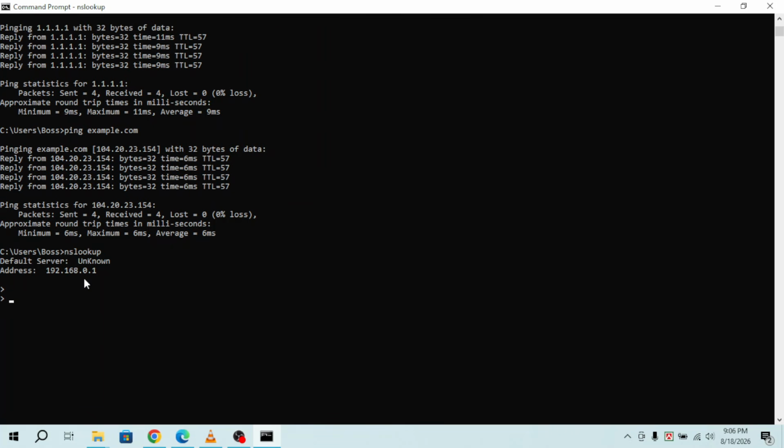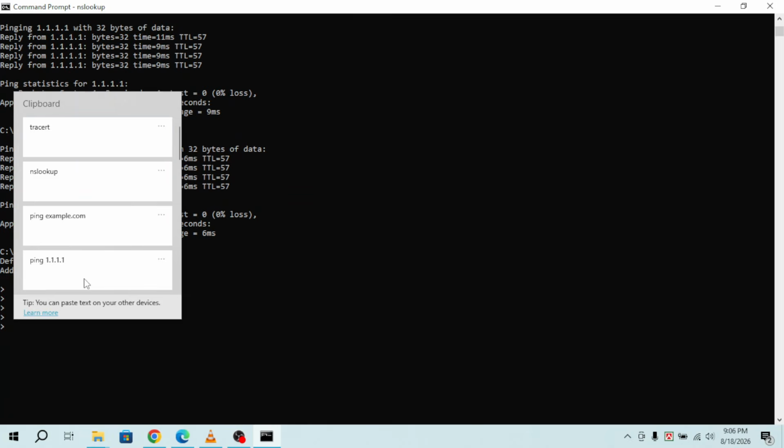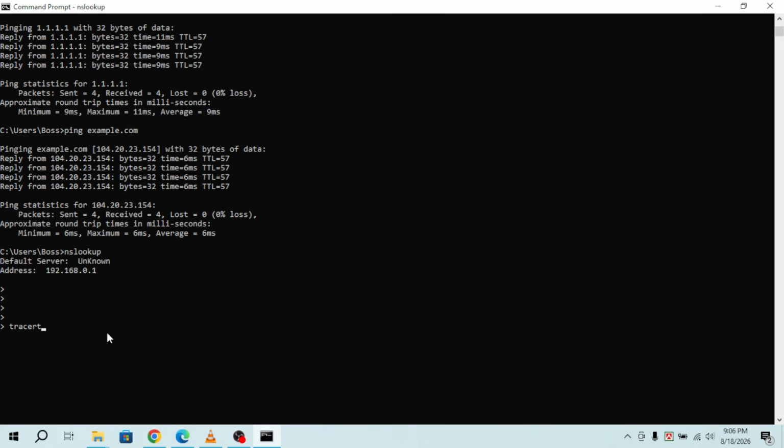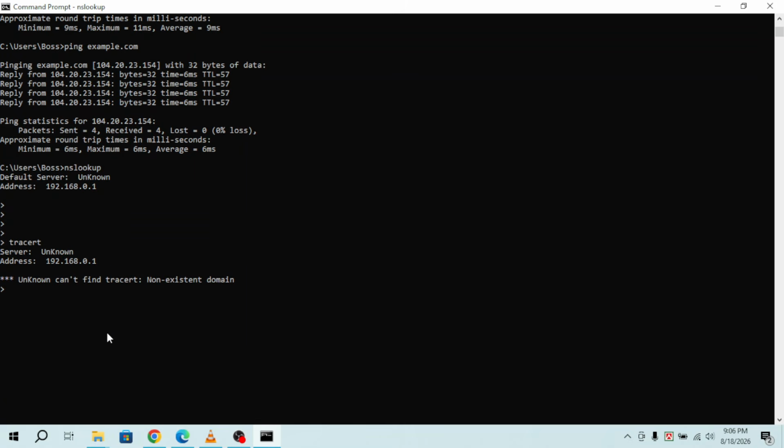Finally, you can use tracert to see the route packets take toward a destination. Type tracert example.com and press Enter. You'll see multiple network hops along the route. This can help identify where delays or failures are occurring, although some hops may not respond to these tests,